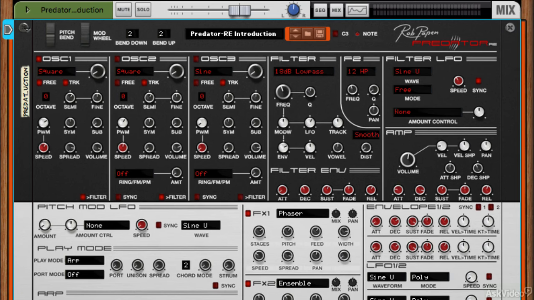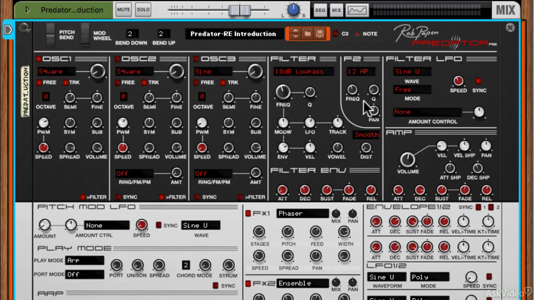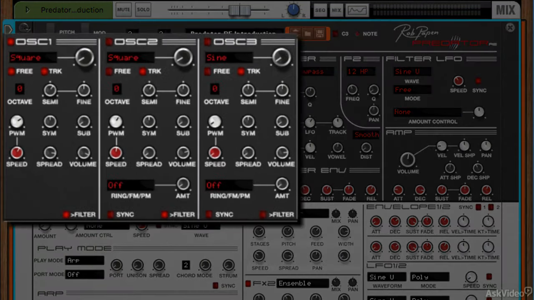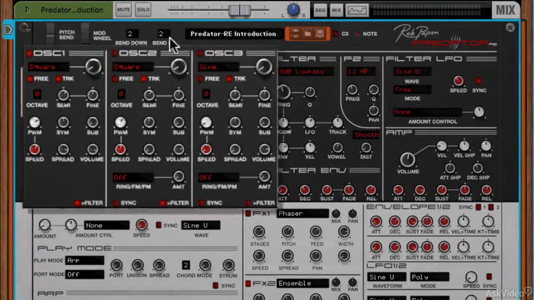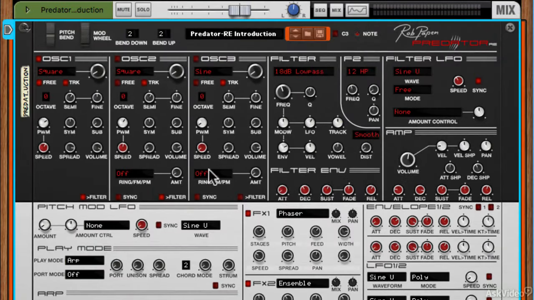Now, there's a lot to look at here. It's pretty feature rich, it's reasonably complex, but let's try and get a quick overview at least. The first thing to note is, as I said before, it's a 3-oscillator synth, and we've got our 3 oscillators up here. They're all pretty similar in nature. The second 2 oscillators have got a few more options, a few more modulation options, but essentially you choose your